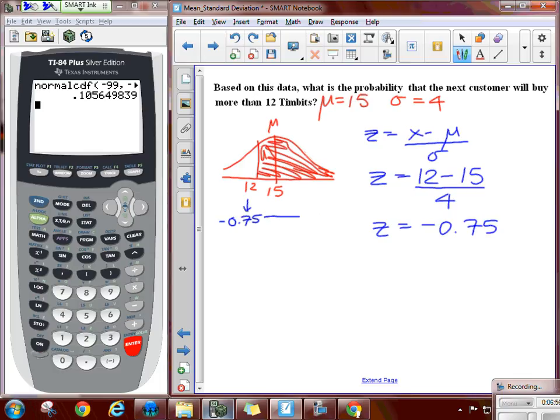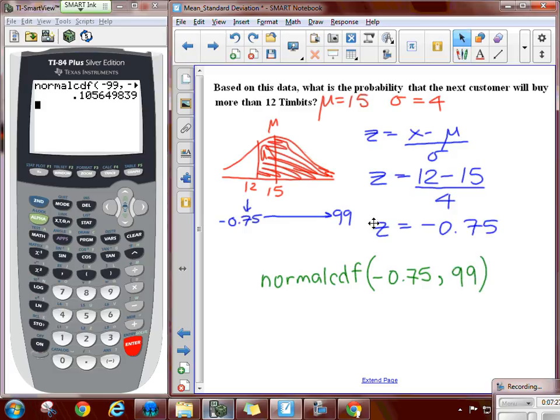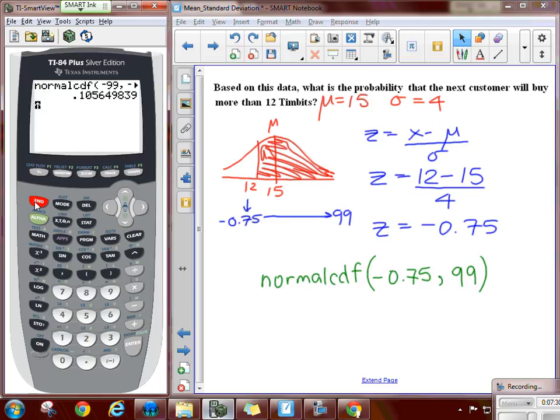And we want to calculate all the way up here, reading left to right. So this goes right to the end of the bell curve, and we said beyond 5 there's nothing. So our upper limit, we just use a positive 99 this time. So again, for our work, it's normal CDF, and we put reading left to right our lower limit, which is negative 0.75, all the way up to our upper limit, which we're going to say is 99. So if we go back to second function, vars, choose number 2, which is normal CDF, put in our information,